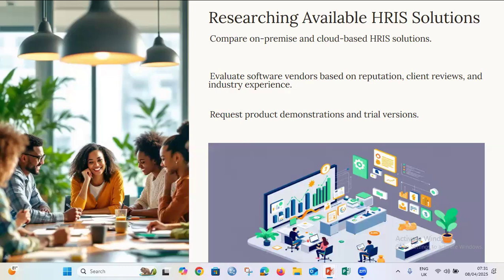Okay. Then you evaluate the software vendors based on their reputation. Okay, you can also check the reviews they have had from other clients. You may also want to check their industry experience and possibly request for product demonstrations and trial versions, if any. Okay,